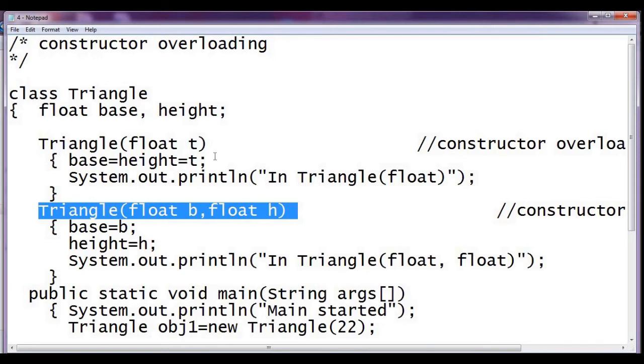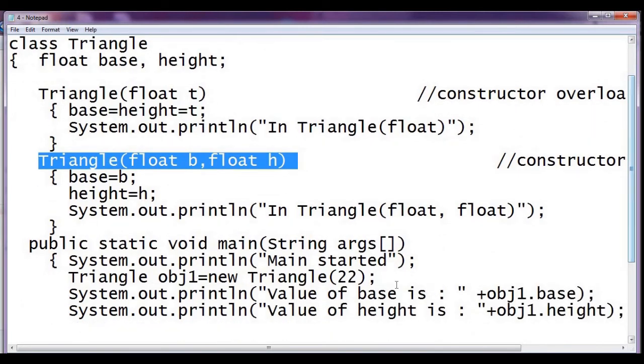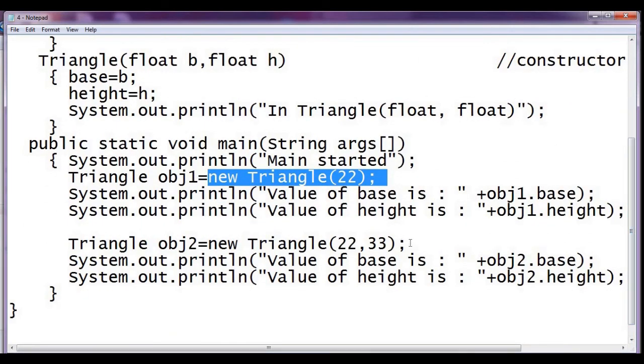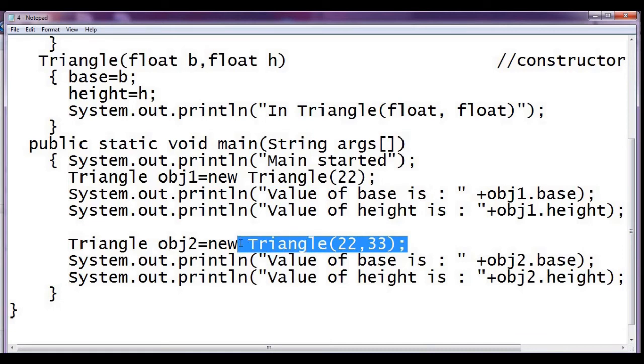Here we have given two varieties for creating the object by providing two constructors. The first variety is this: we can assign one single value and the base and height both will be assigned that 22. And the second variety we have given is individual values for the base and height, where base equals 22 and height equals 33.